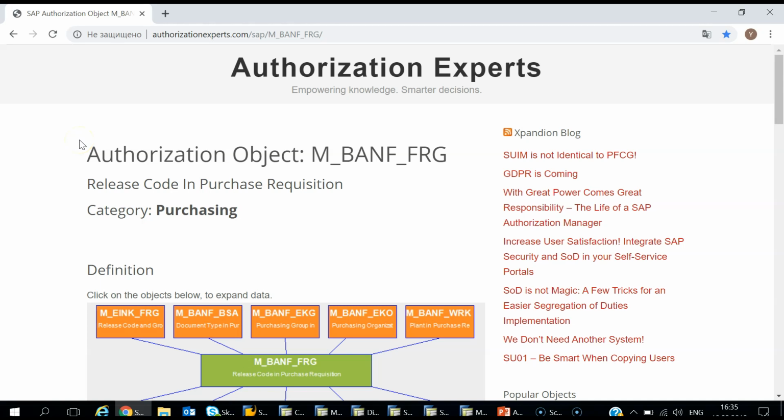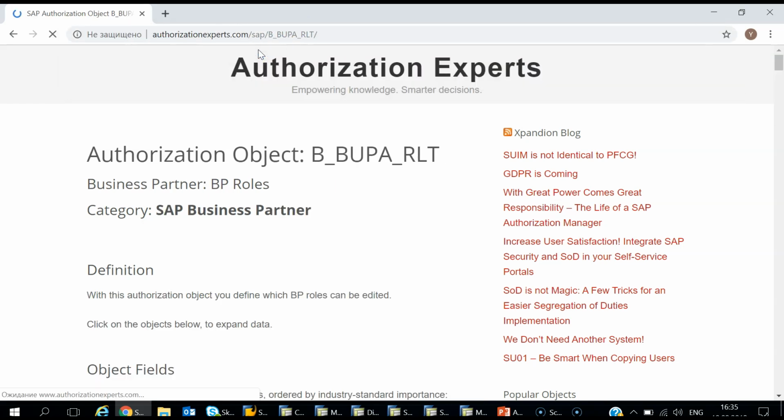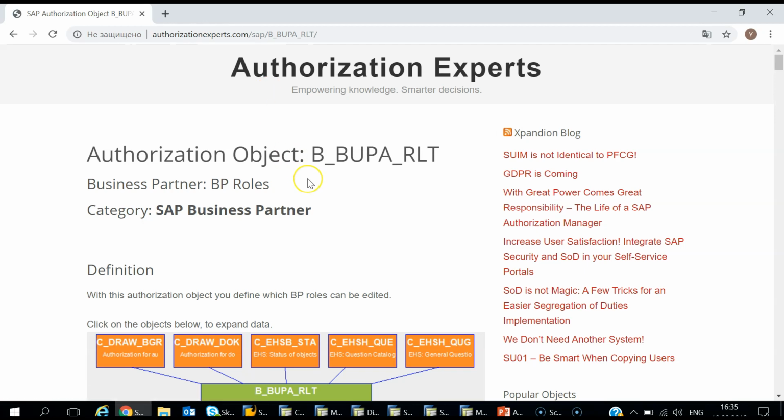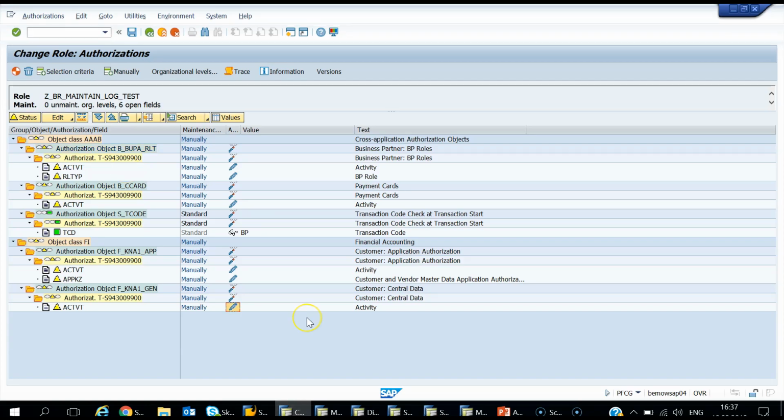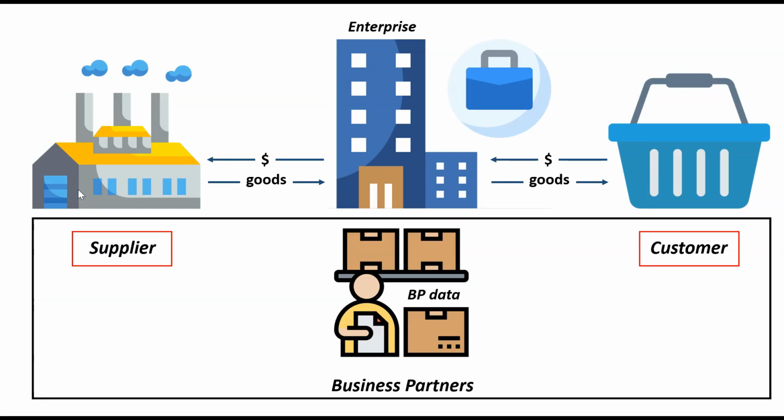However, I prefer to check info with the web link as follows, and I insert my authorization object name here, delete this not needed copied, and I can read it here. Okay, I go back to this authorization object in PFCG, click BP role, and in the beginning of the video